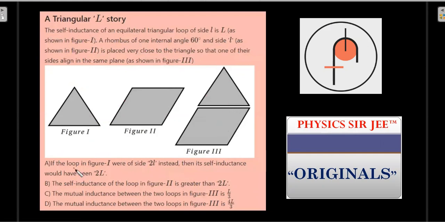Now, what you're talking about is that if the loop in figure 1 was of side twice the side that is given in figure 1, then the self-inductance is 2 times. The self-inductance of the loop in figure 2, that is the rhombus, is greater than 2L. The mutual inductance between the two loops in figure 3 is L by 3. And in the 4th option, he's giving us a choice that the mutual inductance in figure 3 is supposedly 4L by 3. I hope you understood what we are doing here,